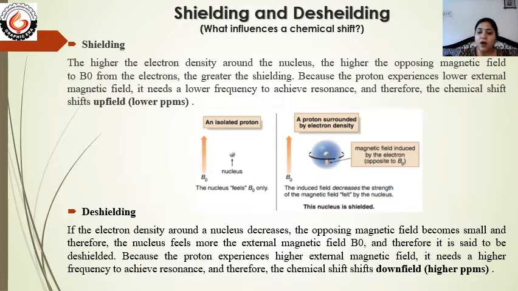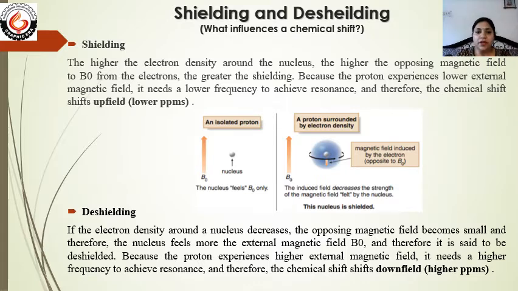Like how only hydrogen gives different signals, different peaks in the NMR spectrum. All are hydrogen, so what are the different factors? Obviously there are some reasons that influence the chemical shift. These are known as shielding and de-shielding. Shield means protection, and de-shielding means removal of the protection, which is increasing or decreasing the environment.